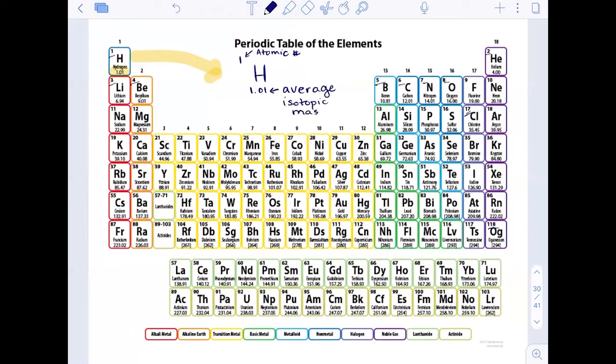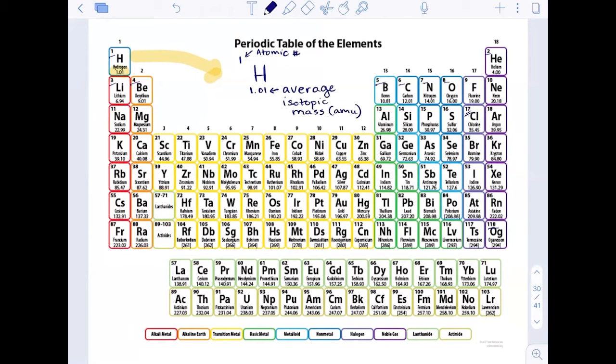This mass is in AMUs. We aren't looking at these masses as kilograms. They are in the atomic mass unit itself. But what's important to note is it's not a whole number like our mass numbers. Mass numbers are whole numbers. When we are looking at our atomic symbol notation, the mass number itself is the simplistic value of protons plus neutrons, while an average isotopic mass introduces our new discussion of